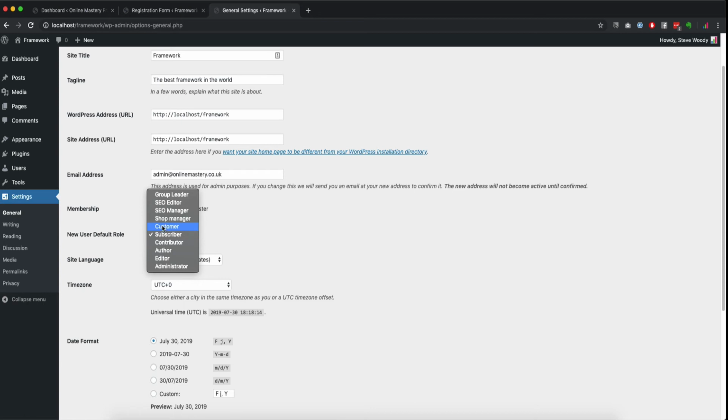Customer, if they've purchased from you. Shop manager, somebody who manages the shop. SEO manager, SEO editor. And then we have a group leader here, which is for a plugin which I'll talk about later. So normally customer down to group leader you would not have. You would only have the standard top 5. But these are the main roles, and you can create new roles and custom roles, and we'll talk about that